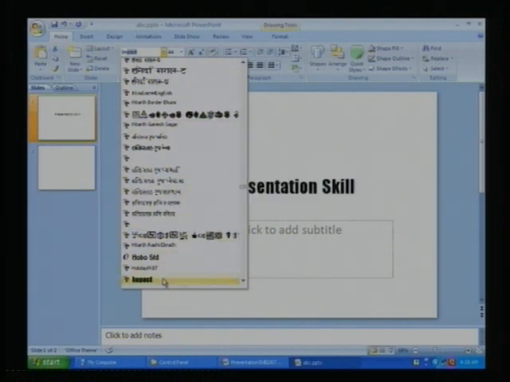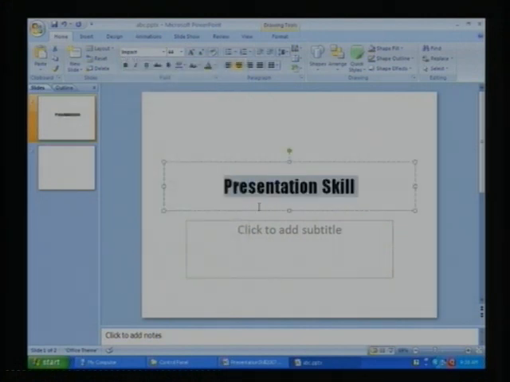So suppose I select the Impact one. That selection regarding fonts can be performed from the Home tab. Along with that, you can also change the size of the fonts, bold, italics, underline, shadowing the fonts. All these effects and color regarding your fonts can be applied.